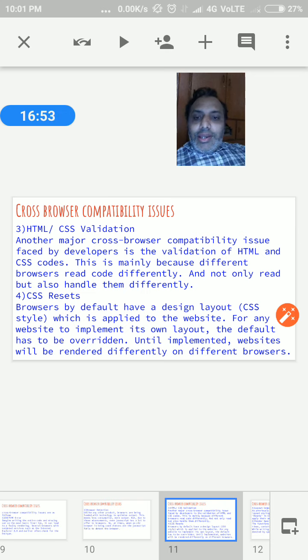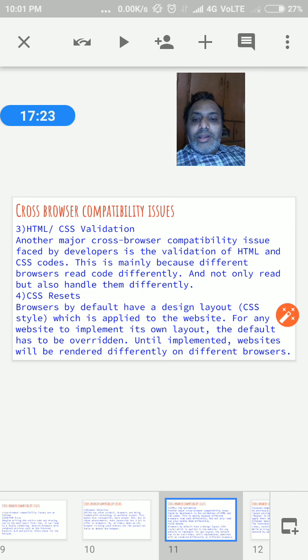Okay, then next is the CSS resets. We have seen that browsers by default have a design layout, which is already described in CSS style. This is applied to the website, and for any website to implement its own layout, the default has to be overridden.